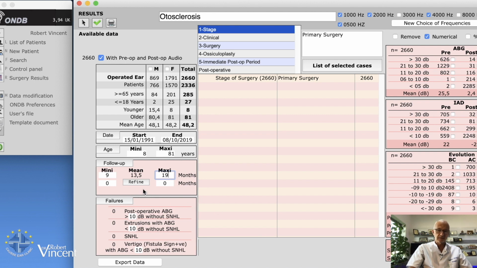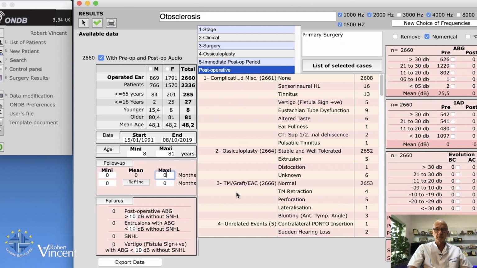So that's clearly interesting. This is a second line that can be used if you want to select a cohort of patients, but I will show you that later. Now, I'm interested in studying my complications. So if I click on the post-op tab, I have access to the list of post-operative information, and specifically the complications, the aspects of ossiculoplasty, for example extrusion, dislocation, etc., or tympanic membrane, or other things. Let's say that I want to study my sensorineural hearing loss. So I will click on this line, 16 cases,